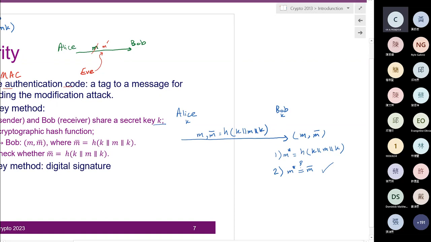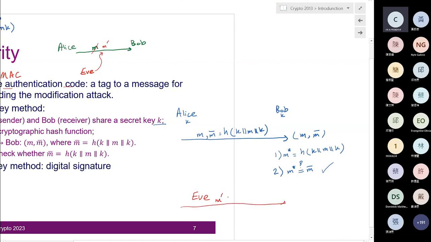Meaning that if now we suppose Eve comes into the game and wants to change that M to M prime, then he has to compute that M bar prime to send it to Bob. This equals the hash of the key that he doesn't know, concatenated to M prime, and again concatenated to the key that he doesn't know, right? Meaning that Eve cannot compute this MAC anymore,